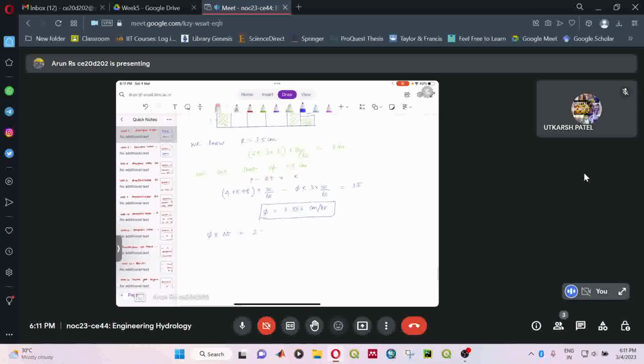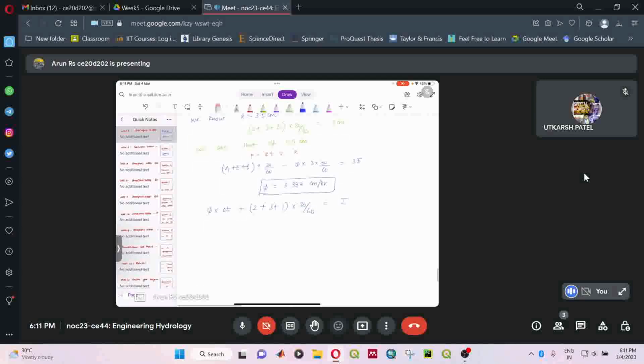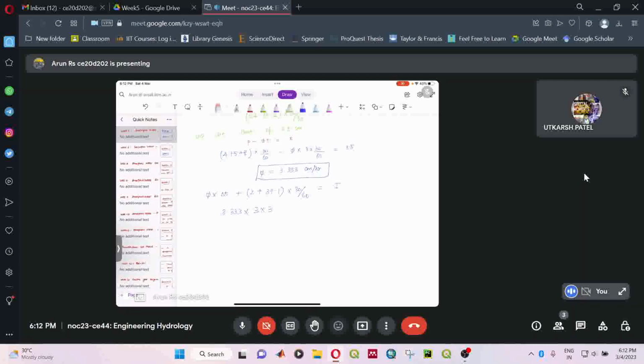So 2 plus 3 plus 1 into 30 by 60, which should be equal to your total infiltration. So this will be 3.333 into, it happens for 3 blocks of 30-minute time interval, plus 2 plus 3 plus 1